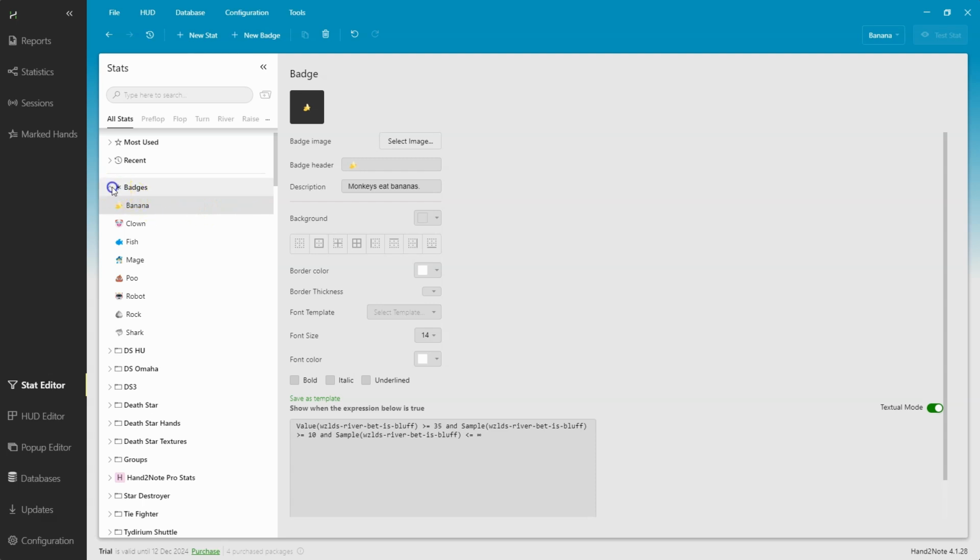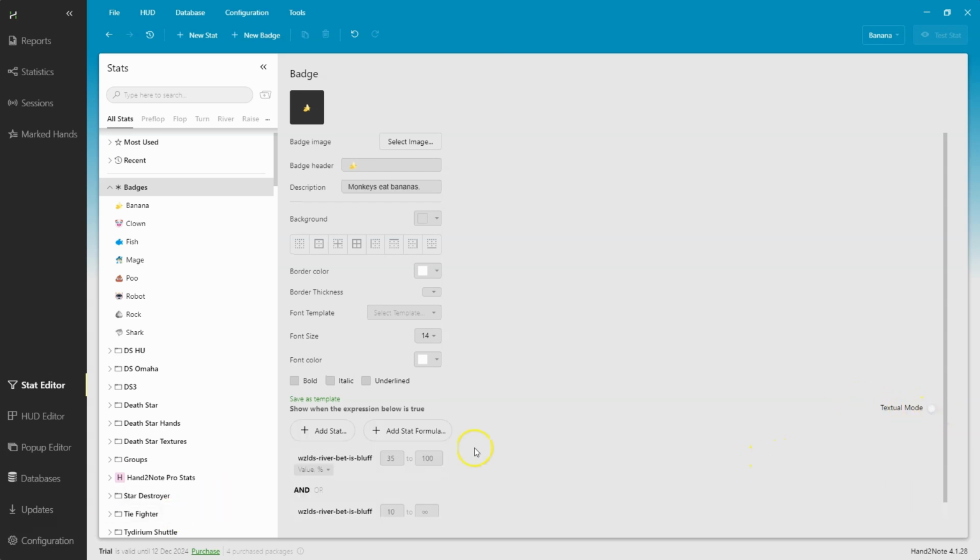Game types is just purely to define the different game types rather than which pop-up and HUD is associated with that game type. Now, when we head into Stat Editor, we find a new feature, although this is not exclusive to Hand2Note 4.1. This was definitely released in some of the Hand2Note 4.0 versions. Badges are now an option in Hand2Note. A badge is going to be based on an expression string. We're going to talk about that a little bit later in the course,